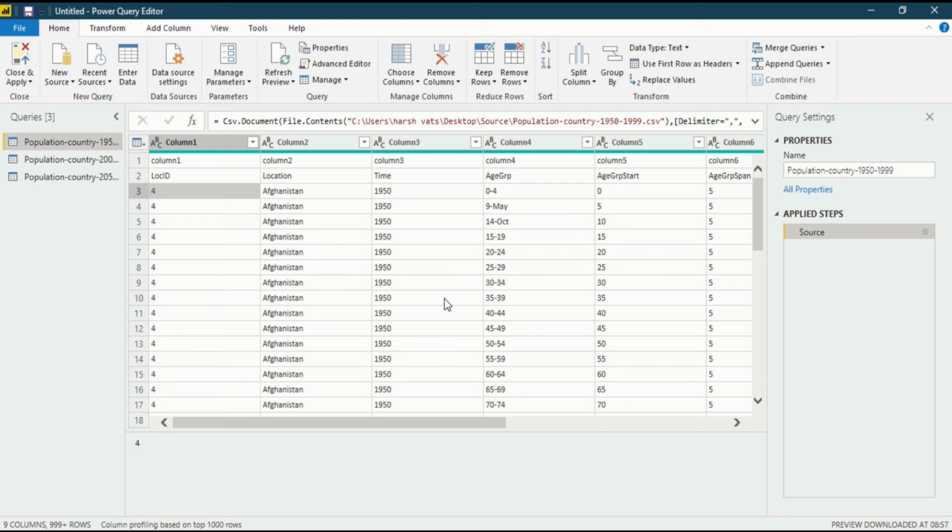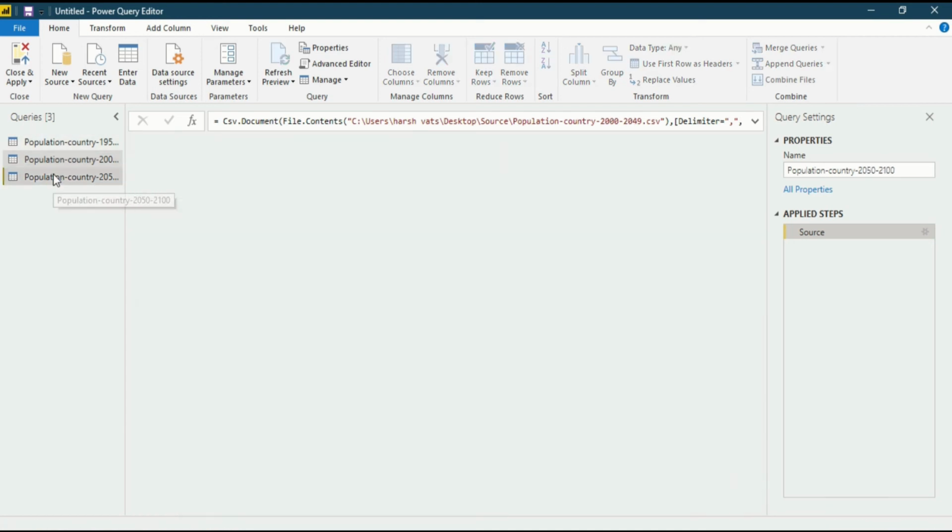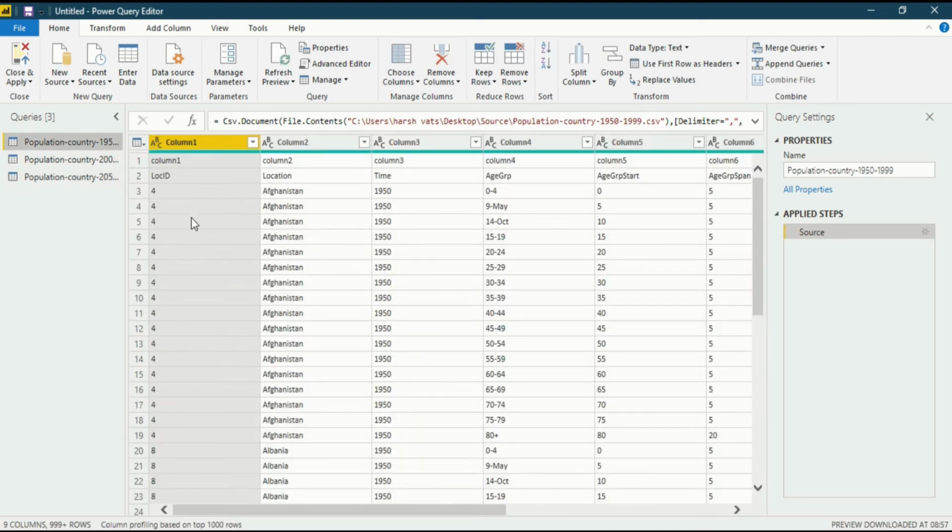So we are in Power BI Desktop in the Power Query editor. In the previous video, I discussed the interface of the Power Query editor for in-depth understanding. You can go there and understand the interface. Now let's get back to the question of this video: how to edit rows in multiple files. These are the multiple files. You can see there are three queries, which means there are three files available to us. Now we have to edit rows in the multiple files. So how to do that?